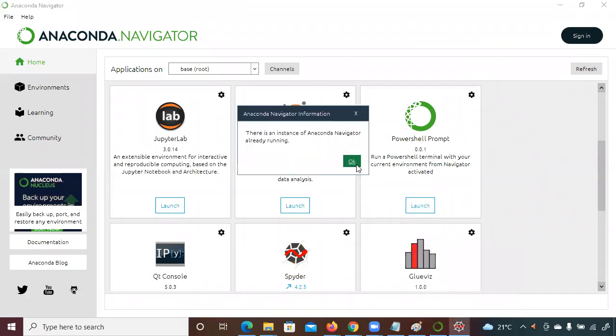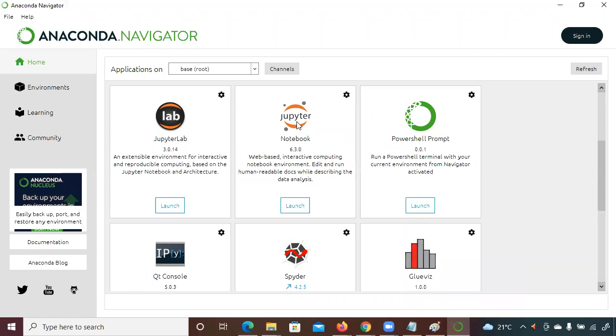Jupyter Notebook, click on launch. It is web based, so it will open the web-based portal. Click on launch, and whichever is your default browser, it will open the localhost on that.